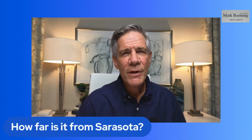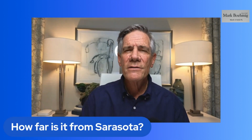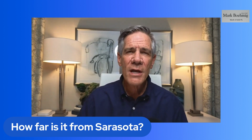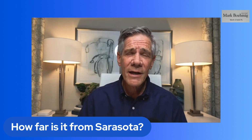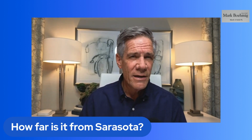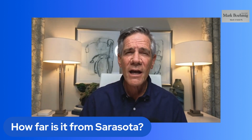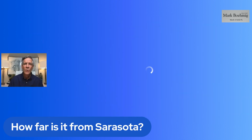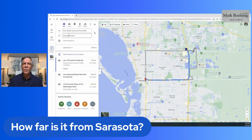And then the last thing that we're going to cover: when people come here, they want to know how far it is to town. Usually, not all the time, but usually they're talking about Sarasota, because Lakewood Ranch does have a downtown Main Street. And we also have a new downtown area in the Waterside District. All of those are within the confines of Lakewood Ranch. But when somebody says, how far is it to Sarasota, it's usually only about 20 minutes to get into downtown